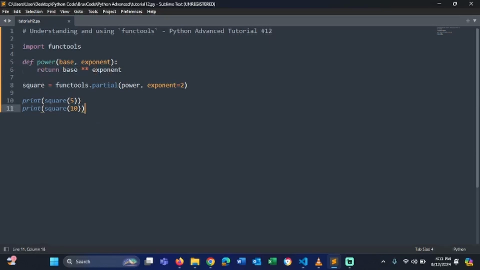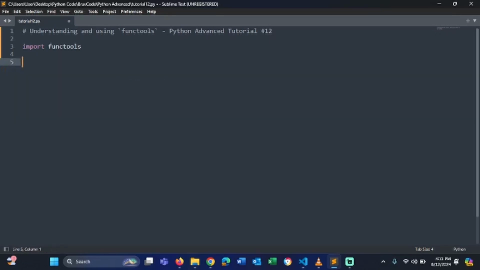Alright, so now time to show you another example with decorators. Let's remove this, and now we want to define a decorator. Type in def followed by the name of your decorator. You can name it whatever you want, but I'm just going to call it my_decorator. It takes a function, and here we say functools.wraps(function). We define the wrapper